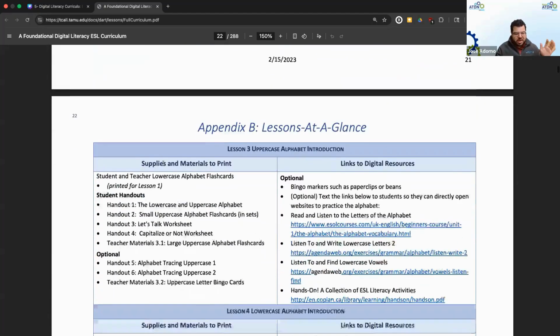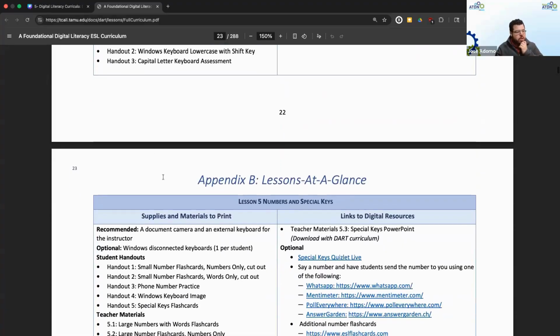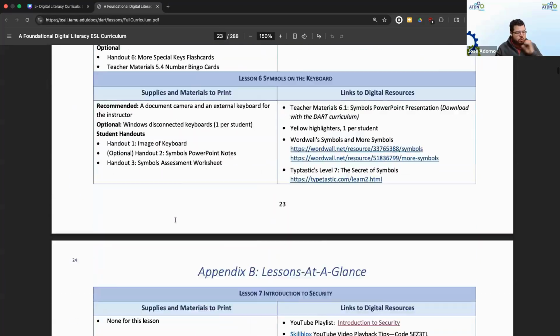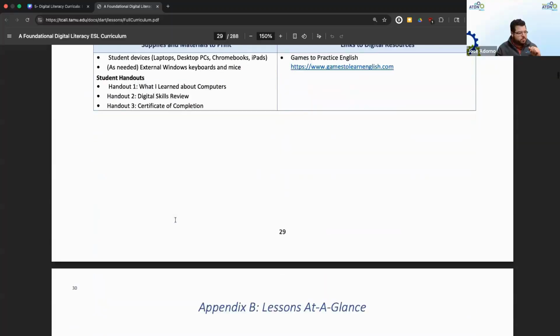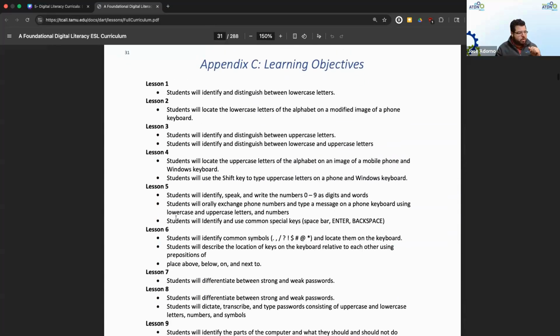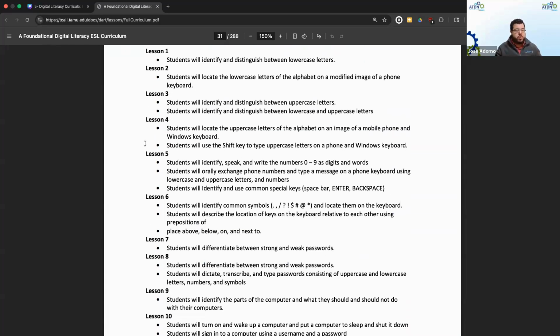They also have all the objectives once you scroll a little bit more. When you look at the objectives, you'll see, sorry again, all the scrolling. Here you go. You have your objectives, and you'll see what objectives are covered in each lesson. So if you're trying to skim through and find if Start has something that your learners are struggling with, this is another great way to get an idea of what you need to work on instead of just trying to look at every lesson individually.